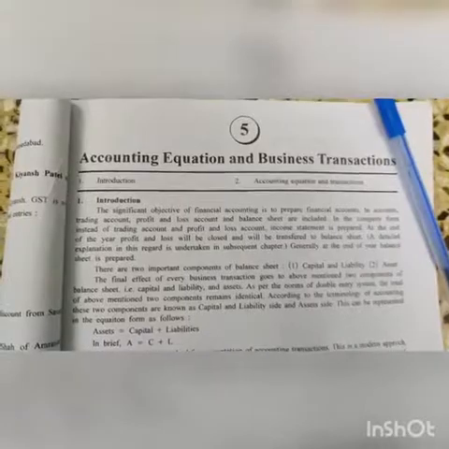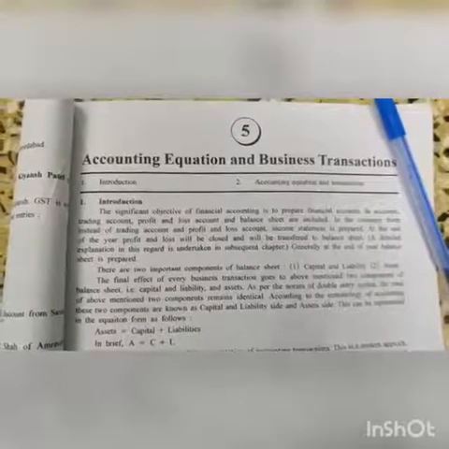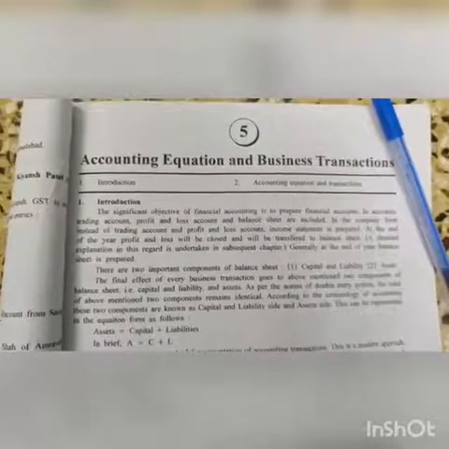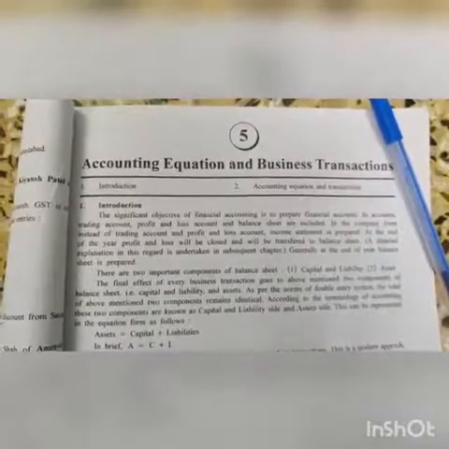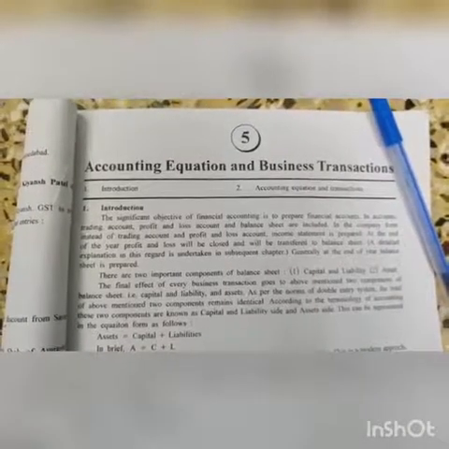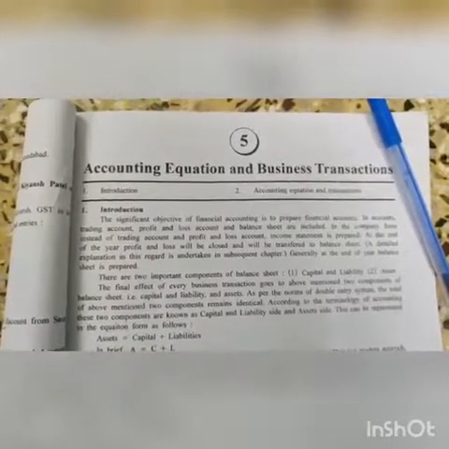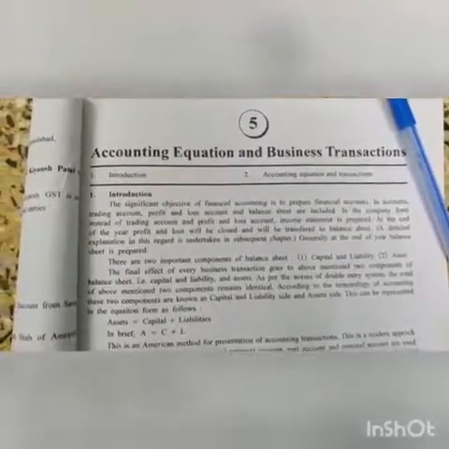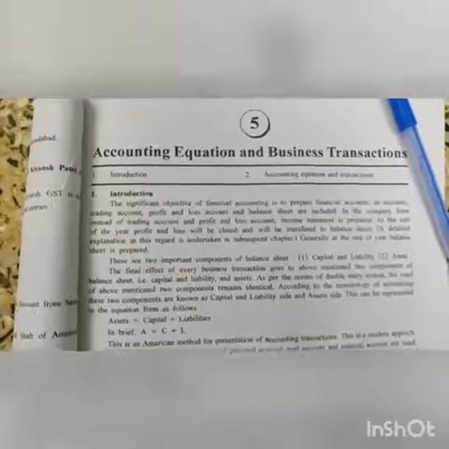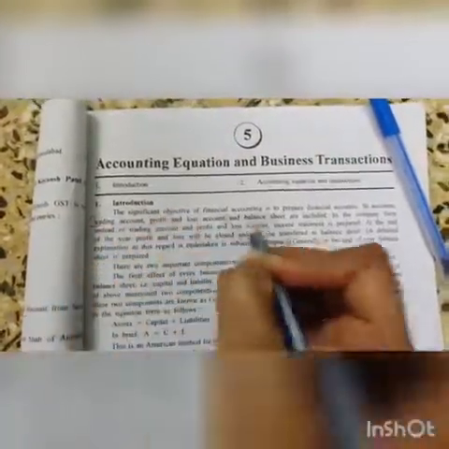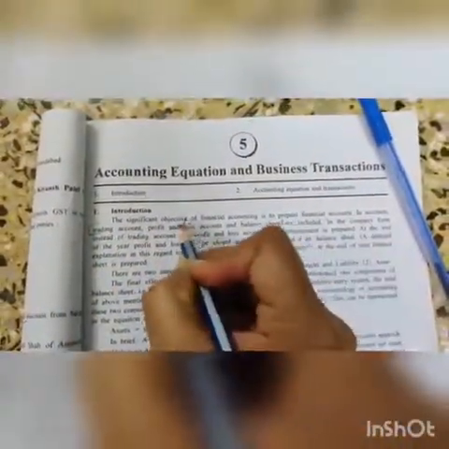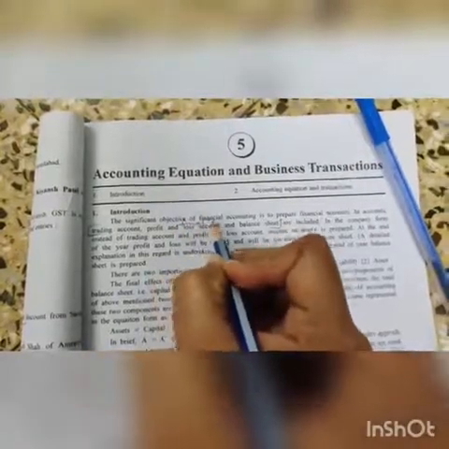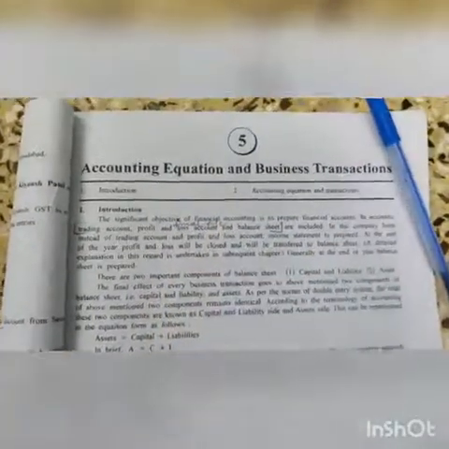Now see what they have told you: in the process we have seen the steps of accounting, that first we are giving journal entry, then we are giving ledger posting, subsidiary books, then we are preparing trial balance, and at the end I have told you that we will be preparing final account. So trading account, P&L and balance sheet, these three are a part of final account. Clear? That you'll study in part 2 of accounts in standard 11th only.